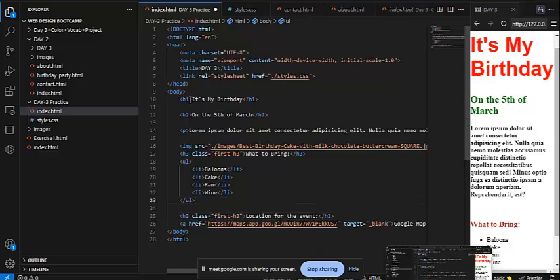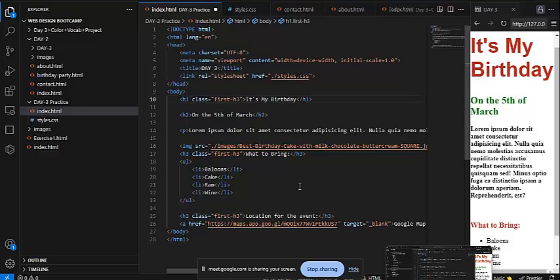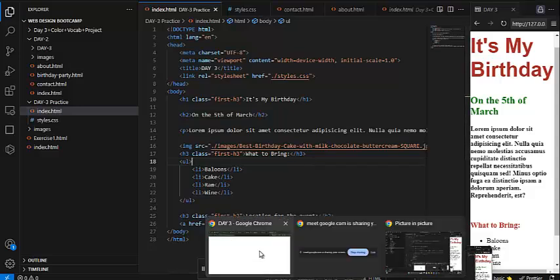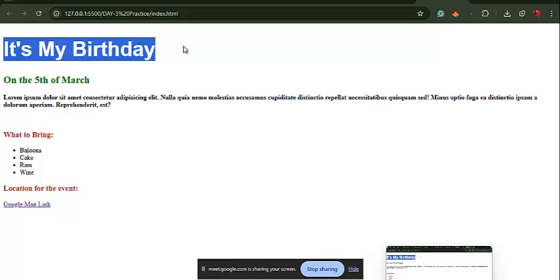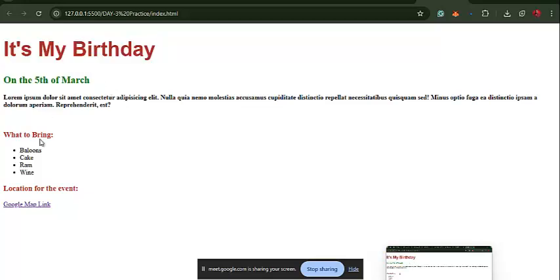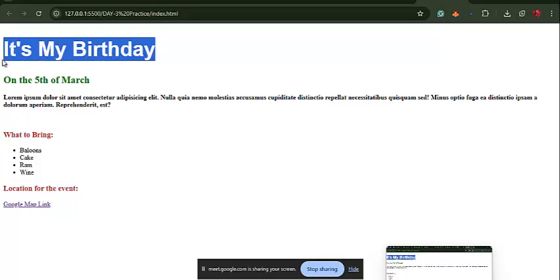Then also paste it in our H1. Then I'll save it. If I come to our code and look at it now, you see that that particular styling has affected the tags that have the same class. So you see that all of them now have the same color of